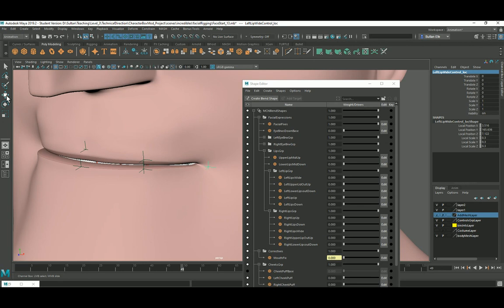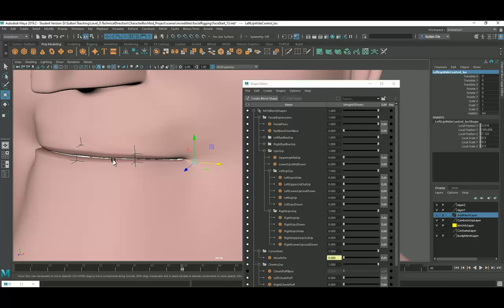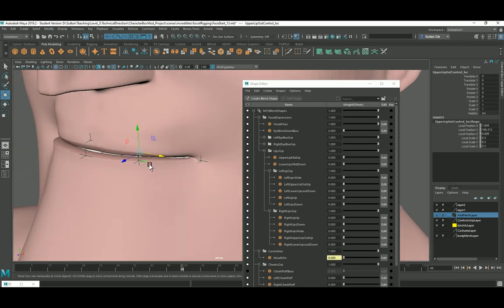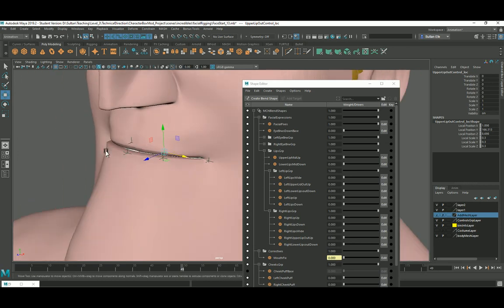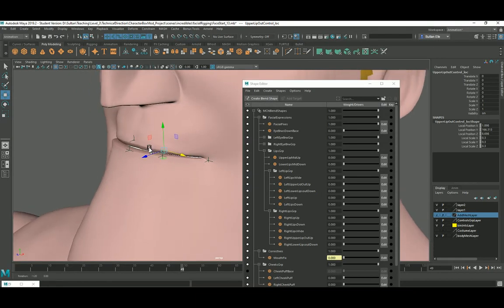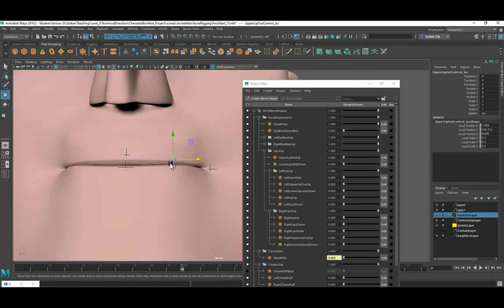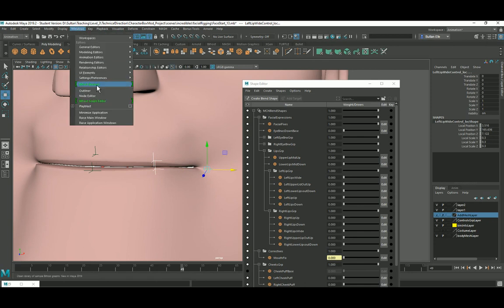What I'm going to do, if you have, this one is interesting because we can do this and that, and the same as with the other one. If you have some form of a lip seal where you can push this out and the character is going to do another blend shape where you've got the motion of lips out, when you pull this in, so you're actually squashing the lips and this part is out, then what we can do is select all these three, this one and that one. Let me just go to the outliner,